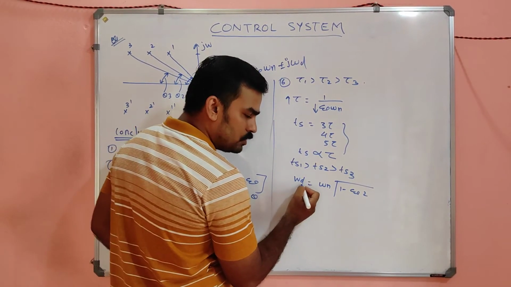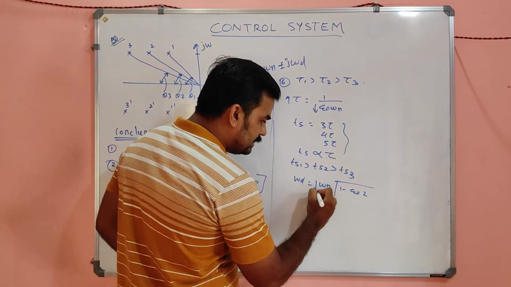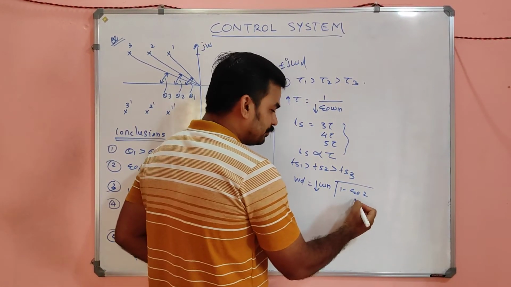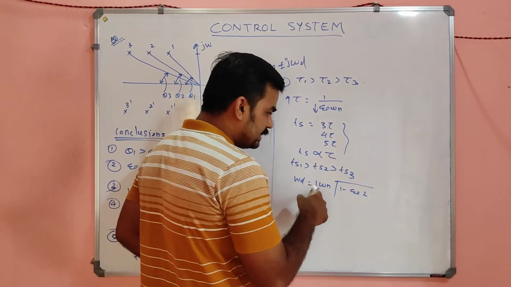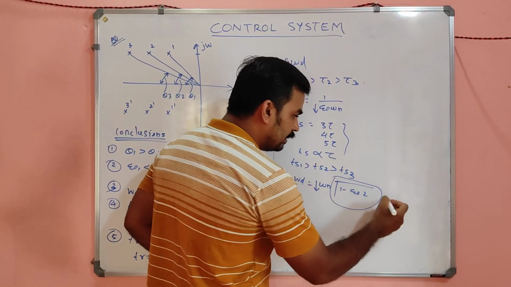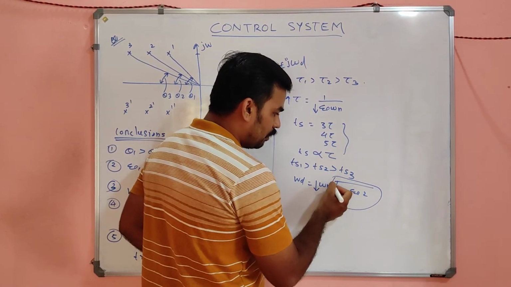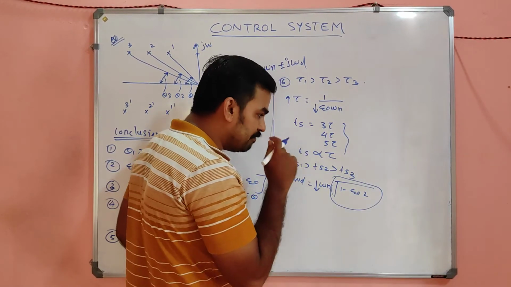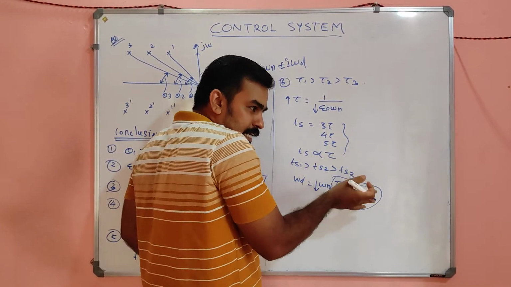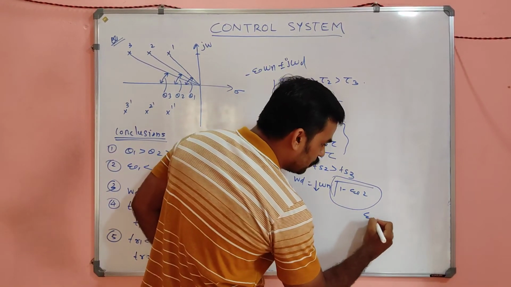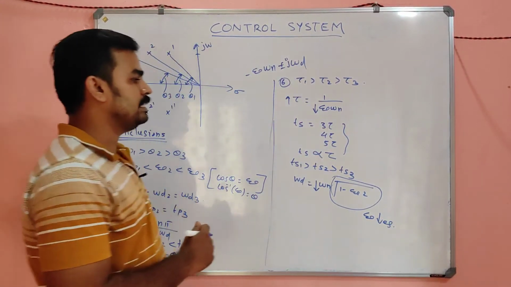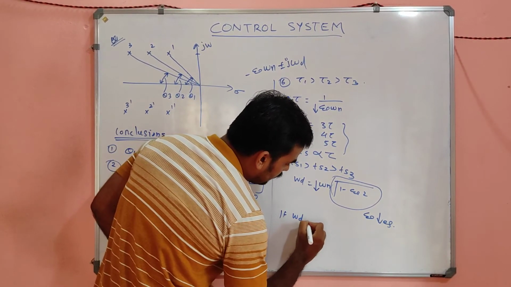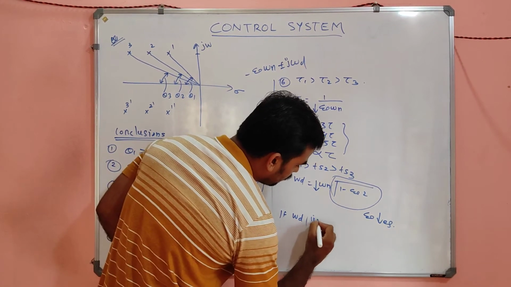For making this a constant, if omega n is decreasing, then the whole root factor should increase. The root factor should increase only when zeta also decreases. Correct? Zeta also decreases. Which means if omega d is a constant,